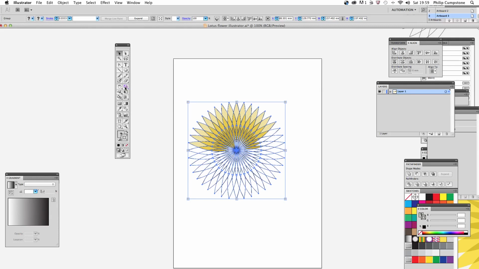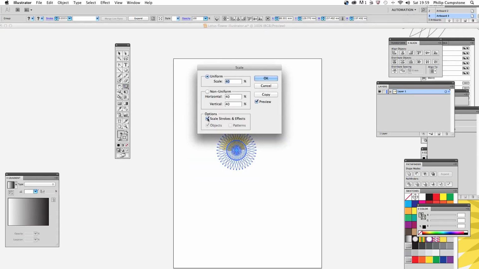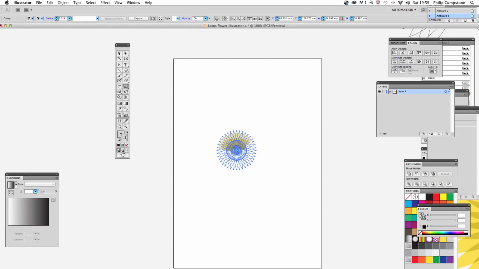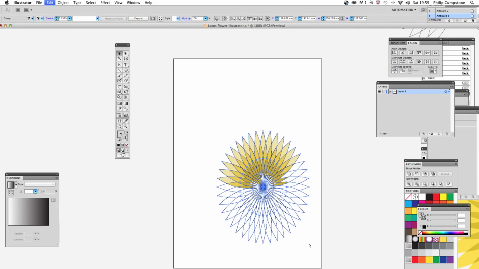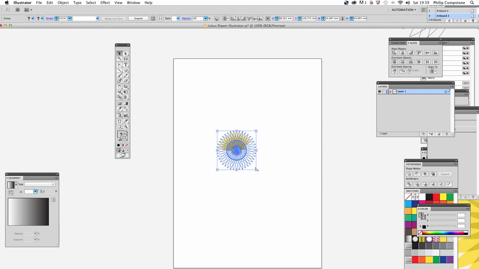This is the scale tool. If I double click on that, you must make sure that you have scale strokes and effects on, otherwise what will happen is as you shrink the thing down, the relative value of the line will appear much thicker and you end up with a very out of proportion looking drawing. There we are. Scale that back up a bit so it's an end to get it centrally